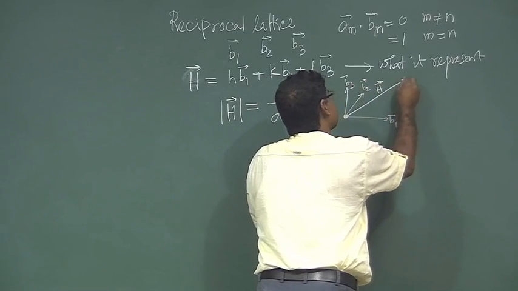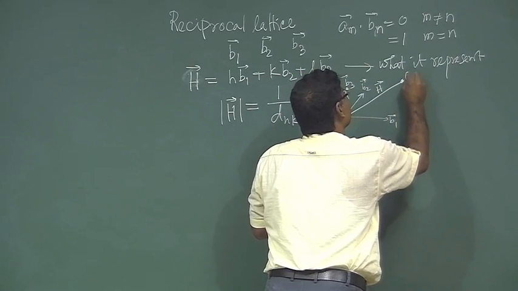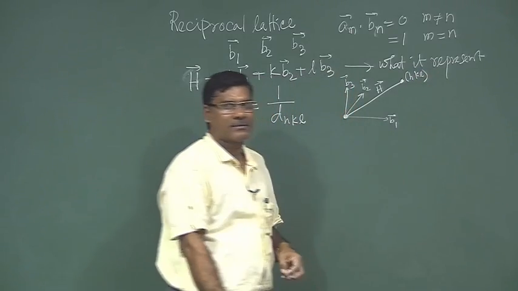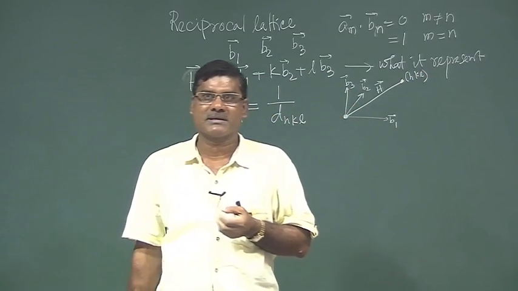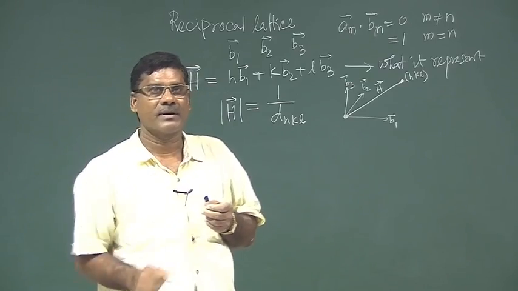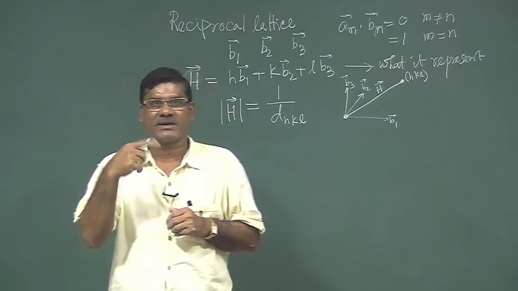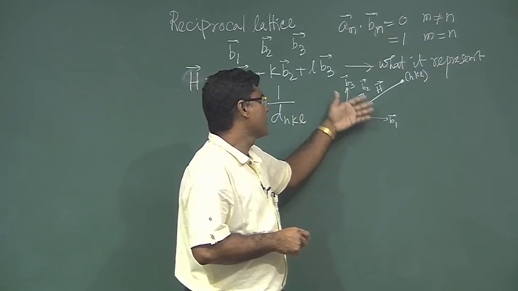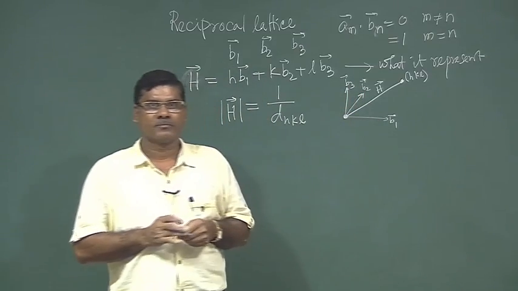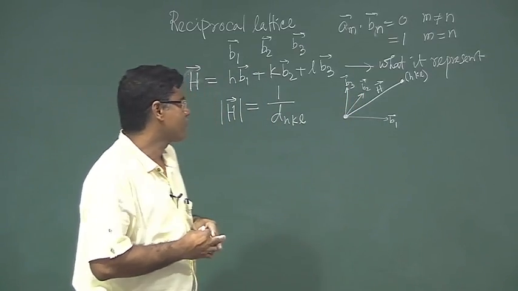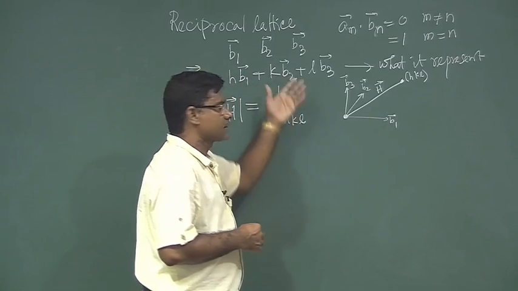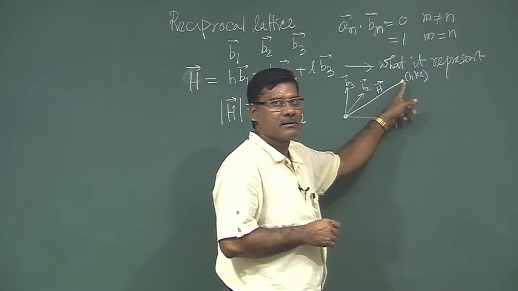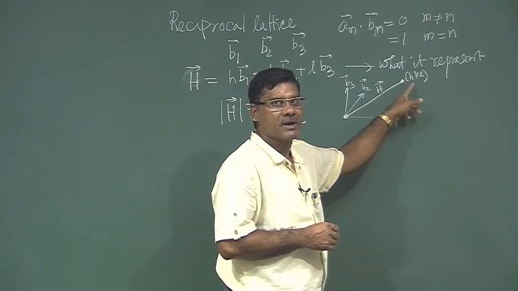In this axis system these are the HKL point coordinates, like in the XYZ coordinate system we represent a point with XYZ coordinates. Similarly, here in the B1, B2, B3 axis system, if this is a vector, then this end of the vector will be the point HKL, right,